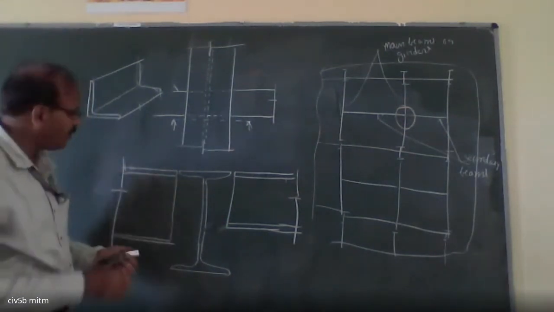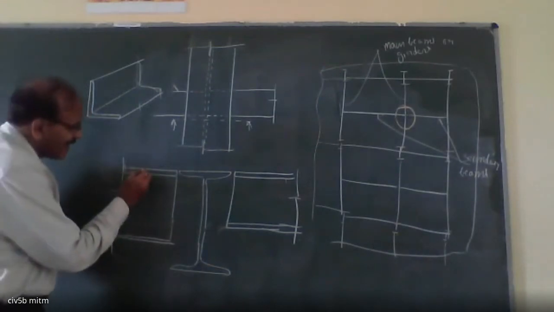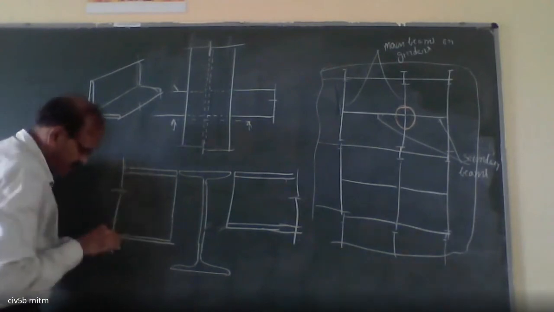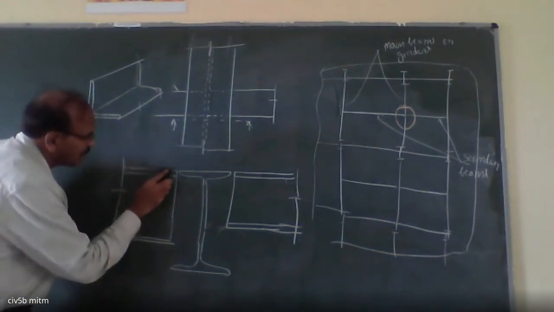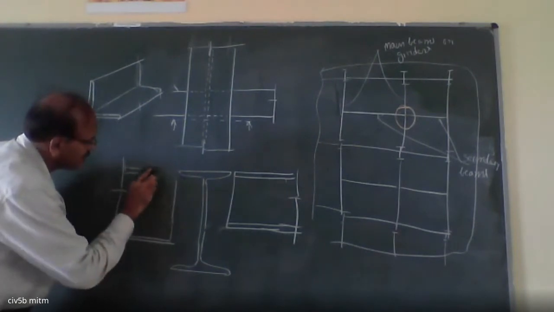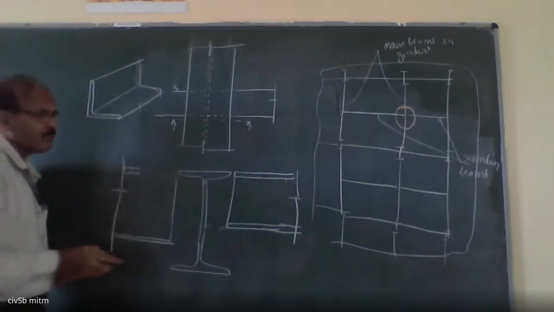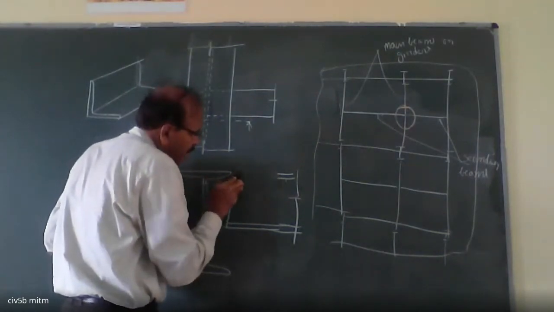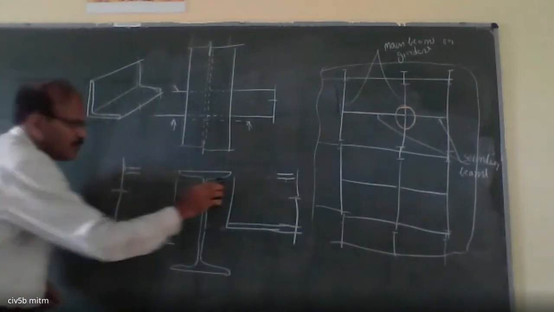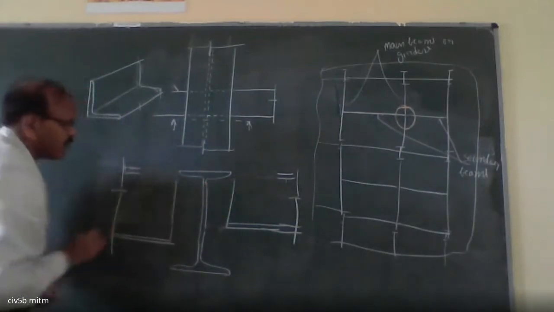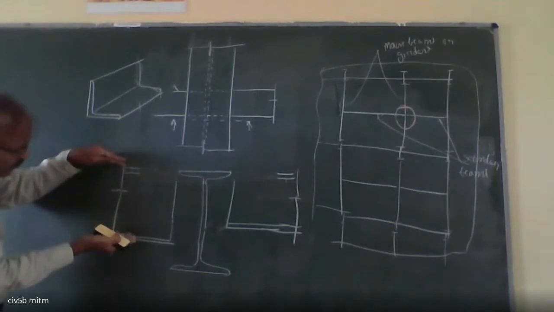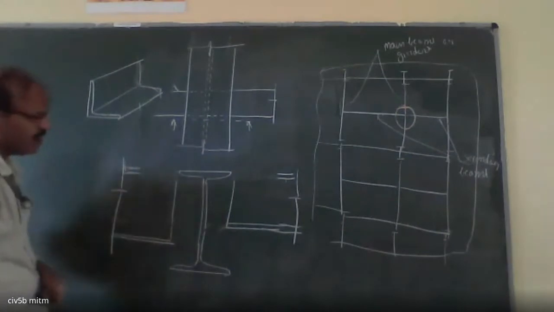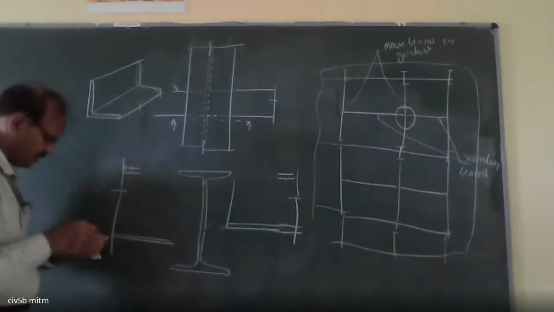So for that, what we do is, we are going to cut a part of this beam, that is the top flange of this beam and a part of the top flange of this beam. Once we cut it to the required size, then we are going to move this inside. Similarly, we are going to move this inside. Finally, what you are going to see is this.